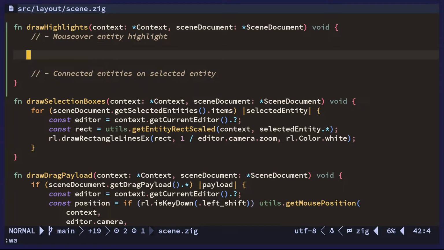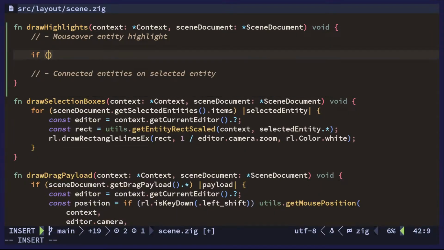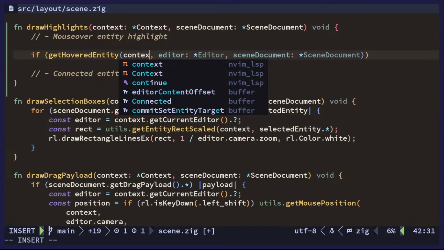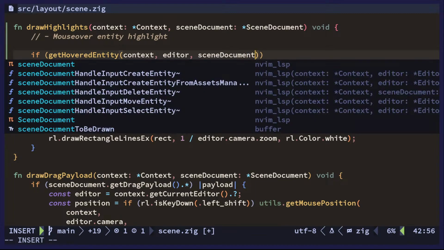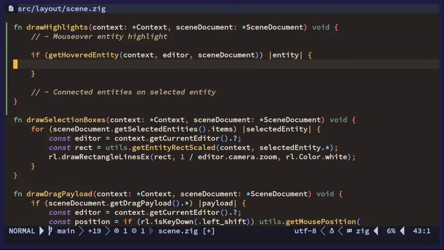So now we can say, if get hovered entity, get the entity out, then we will